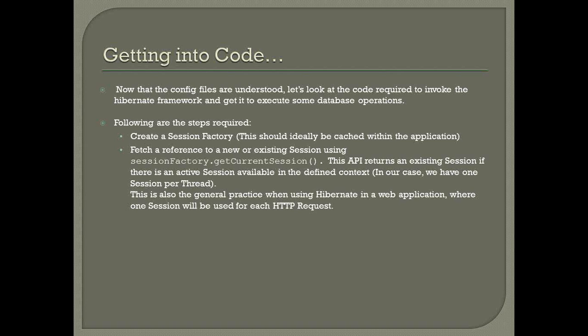Hibernate will first check whether there is an active session available on that thread. So in a web application, every HTTP request is a new thread. So it will first check. It basically creates your session objects as thread local variables internally when you define it as thread. So if there is already an active session on that HTTP request thread, it will give you a reference to that same session. If there is no session available, only then it will create a new session. So these were a bit of internals of Hibernate, but this is a standard step which you generally perform. This is how you get a session, using sessionFactory.getCurrentSession.